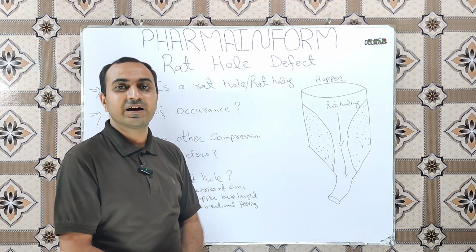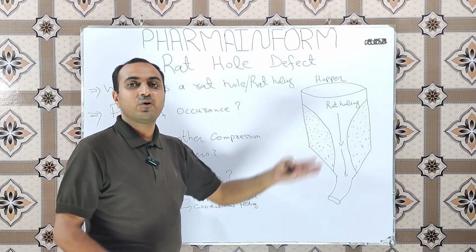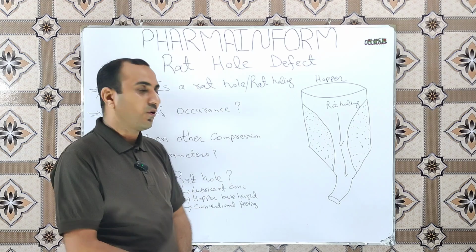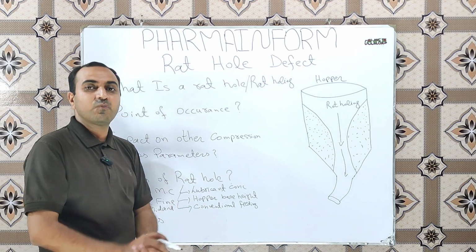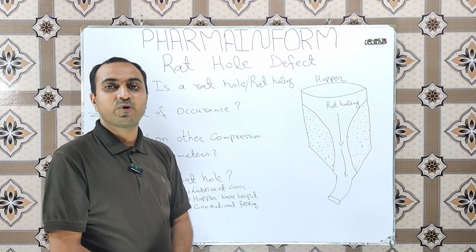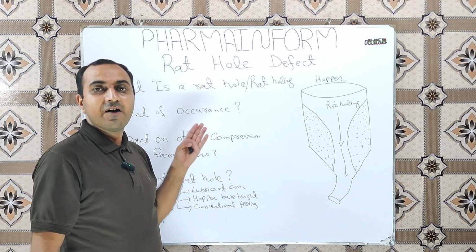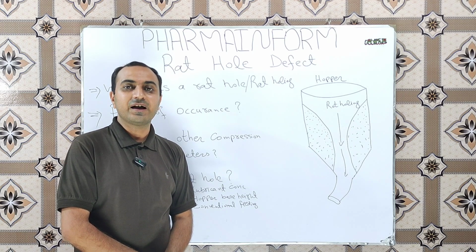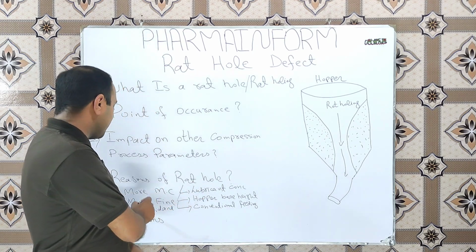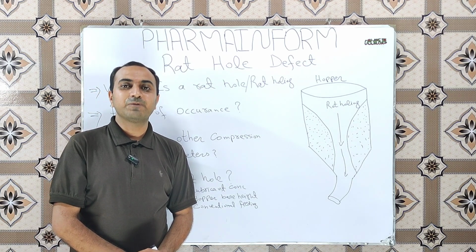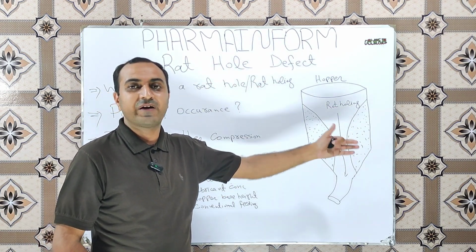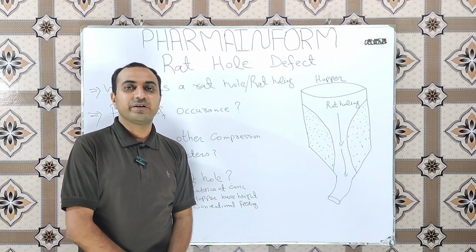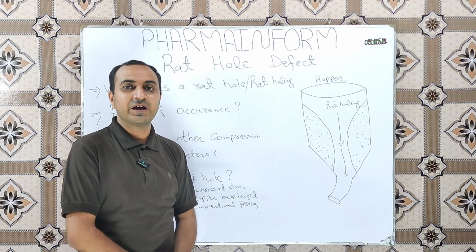Now we will see what are the common reasons of the rat hole defect. One of the most important and most commonly observed reasons of rat holing is more moisture content. Meaning if our product has more moisture content, our powder will not be able to move freely and rat holing defect will occur. Next one is the more concentration of the fine. If our final blend product has more ratio of the fine and less ratio of the granules, rat holing defect will be observed. Next is the less concentration of the glidant.